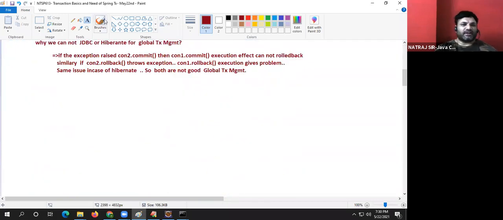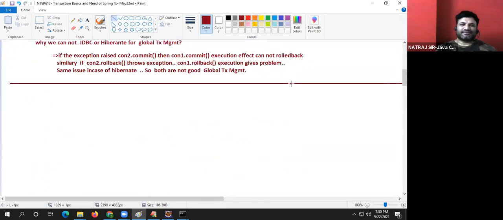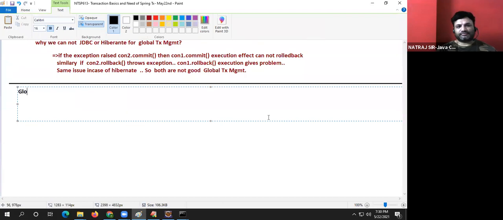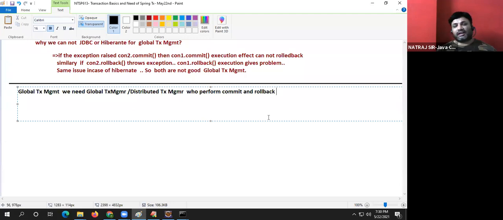Okay. That's why they have come up with, for global transaction management, we need a global transaction manager or distributed transaction manager. Okay, a manager who performs commit or rollback